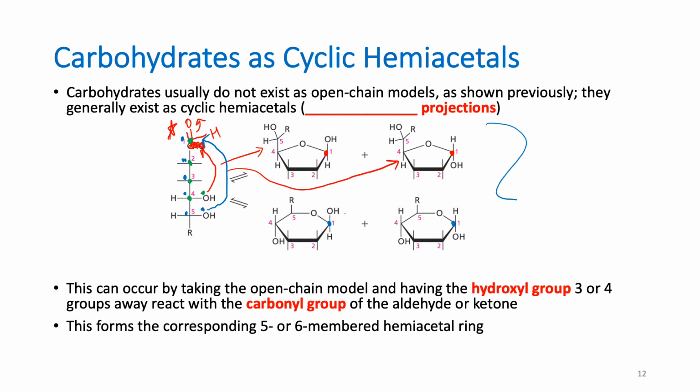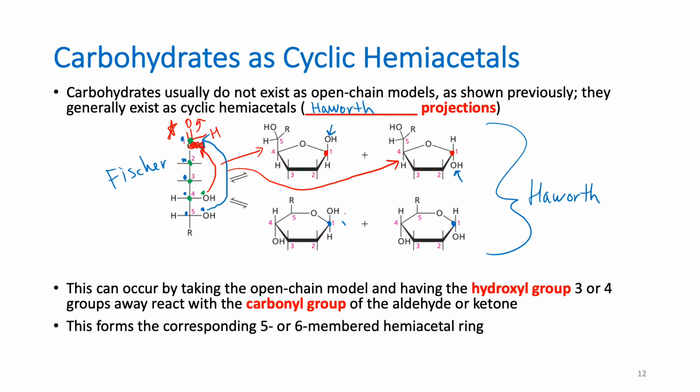These cyclic projections are called Haworth projections. So the first one, the open chain, is called a Fischer projection. The cyclic form is called a Haworth projection, and there's more to consider in this one. For instance, notice the 2 different 5-membered rings stemming from attack of the hydroxyl on carbon 4. Notice the difference between those is on your carbon bearing the OH right here, your hemiacetal carbon. Notice the OH sometimes is pointing up and down. We're going to talk about why that is.